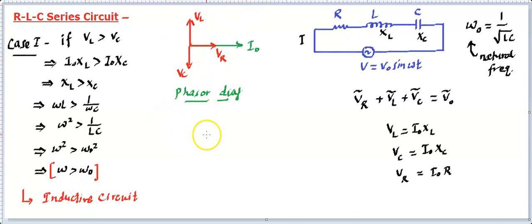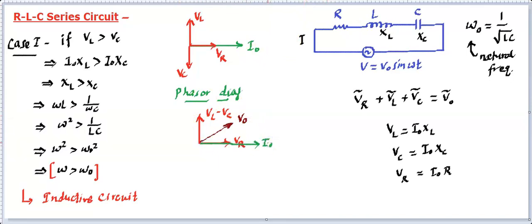Now the phasor diagram will turn out like this. Let me draw the phasor diagram over here. You will find this will be VL minus VC, which is the difference of these two, and there is going to be VR. Because they are treated as vectors, we need to use the vector law to find the equivalent or net value of this. You will find the net value is going to be like this. So this will indicate V naught, and I naught is in the direction of VR. So this is I naught.